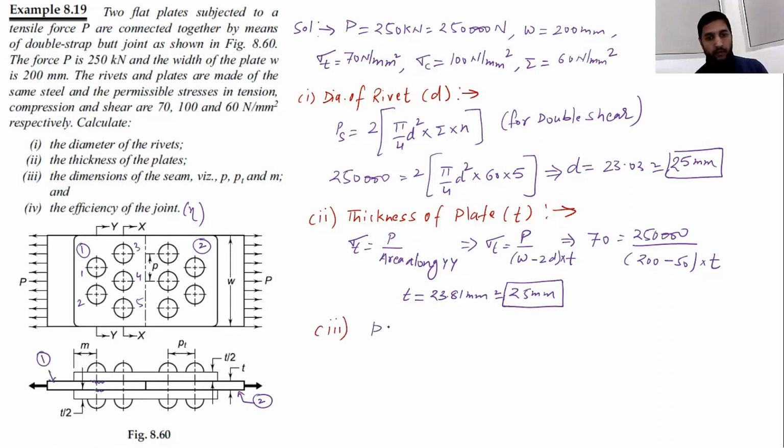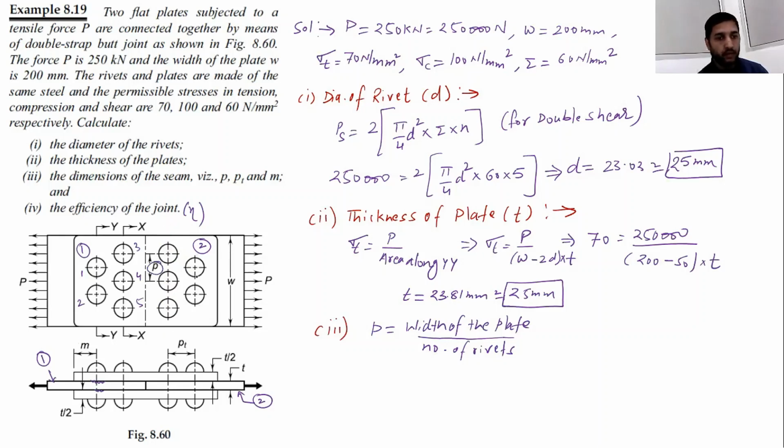Now pitch, if you would like to find out, pitch will be width of the plate divided by maximum number of rivets in a row. So maximum number of rivets in a row, basically there are 2 rows here in a single plate, and the pattern is zigzag pattern. So you need to find out this P, and in a row the maximum number of